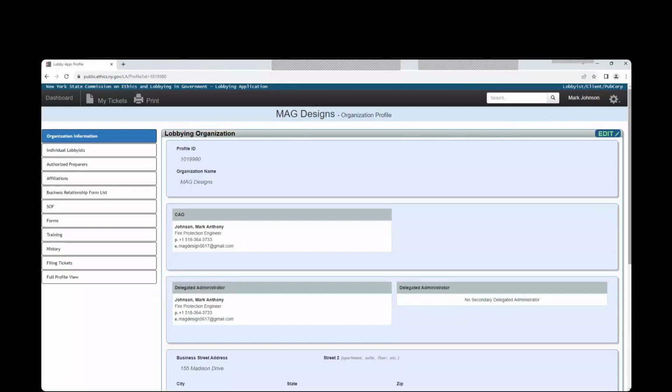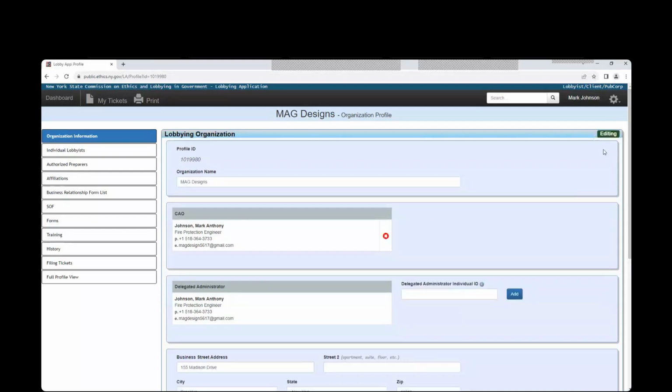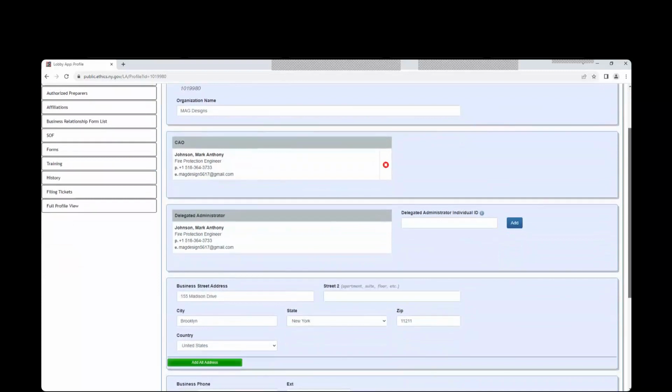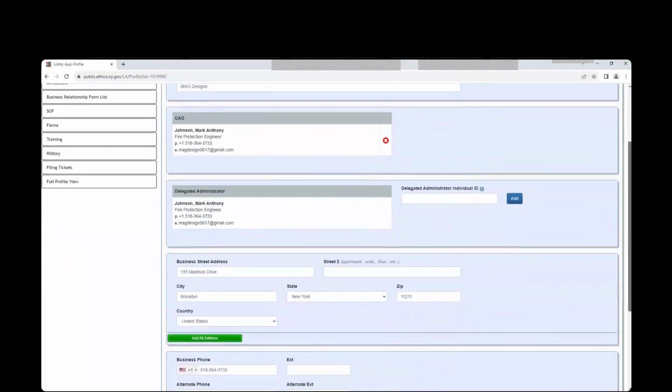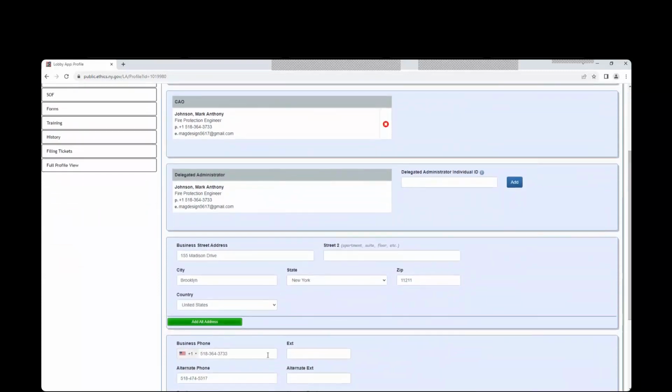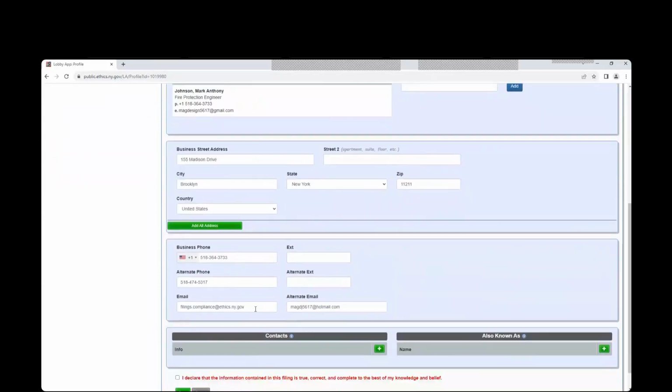And again, it's the same way you would recertify your individual user profile, simply by going in, clicking the edit button, and just making sure everything is up to date. Again, business street address, business phone, contact emails. If everything looks good,